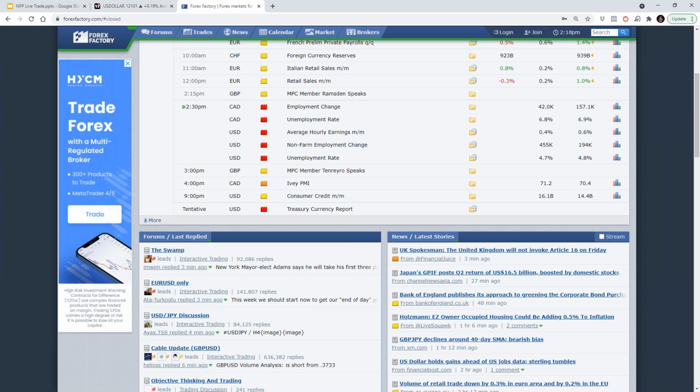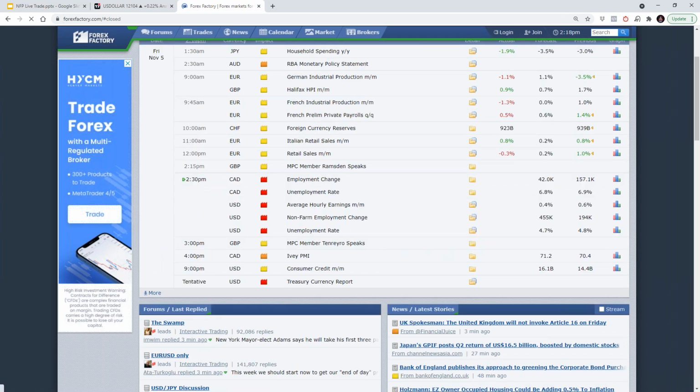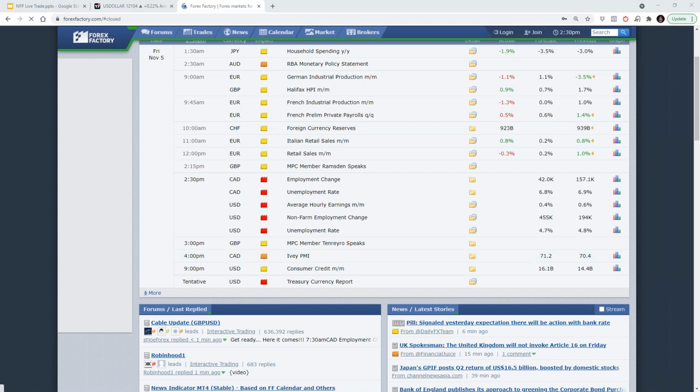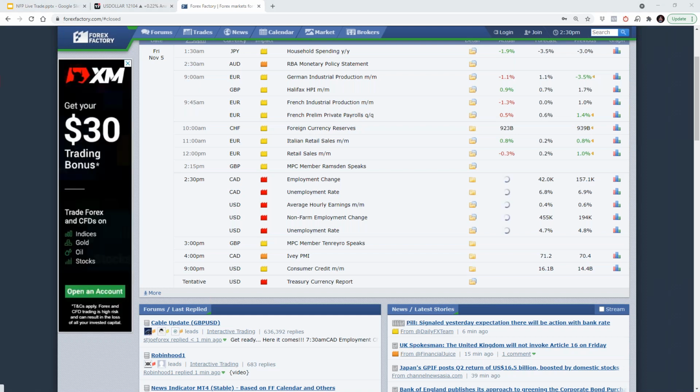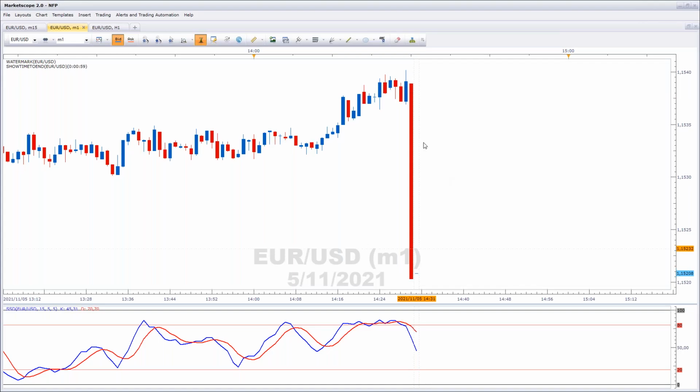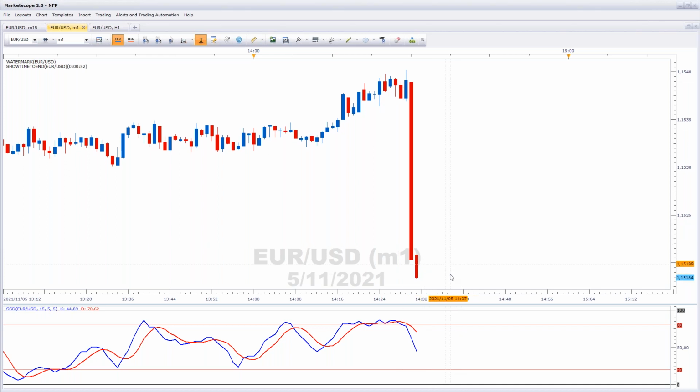All right, let's just click there. Just while that's trying to work itself out, let's go back to the price chart. So the reaction is still in the dollar's favor. So we must have a fairly strong release here.